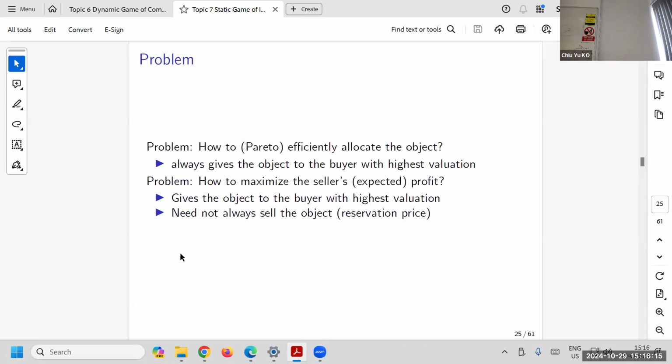The second question is how to make sure that I maximize my profit. This is a different idea: I want to maximize my profit. It can be the case that there is an inefficient outcome, where the object is not sold. Later you will see how to implement that: a second price auction with a reserve price, just like when the government sells land. You will say if the price is too low, I just keep it. It will be something like that.